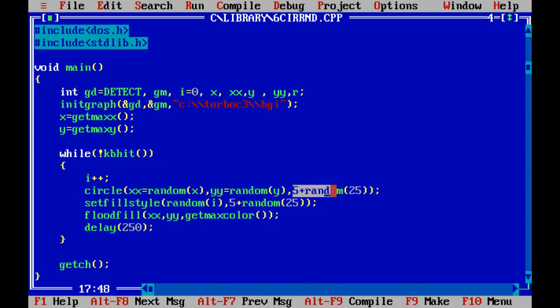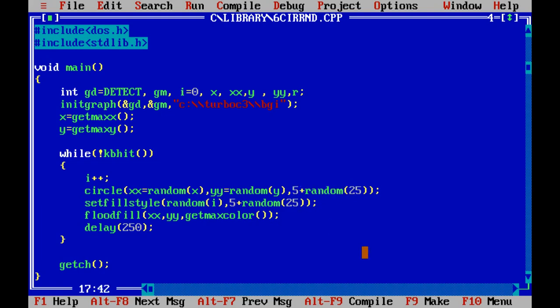Here, this part determines the radius. 5 plus random(25). That means this function generates a value between 0 and 24, and 5 is fixed. If the random function generates 0, then the radius will be 5.